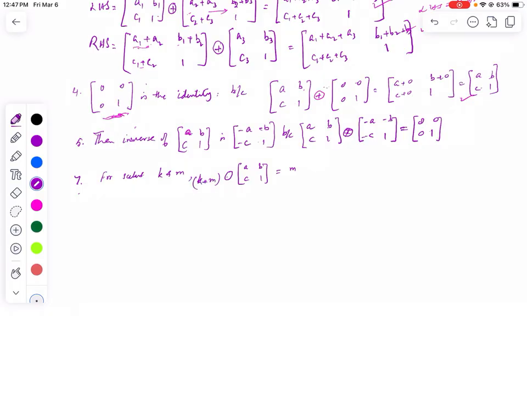We have (K plus M) multiplied by (A, B, C, 1). Is this the same as K times it plus M times it? This is what we want to figure out: this left hand side and right hand side, are they the same? So left hand side is going to look like,